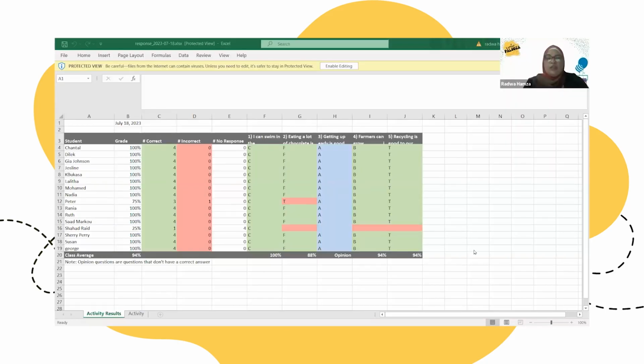So I like this part in Lumio to give me a very quick and nice worksheet like that. It gives me the names of the students and the grade and how many questions are correct and how many questions are incorrect. It's very, very nice, amazing.